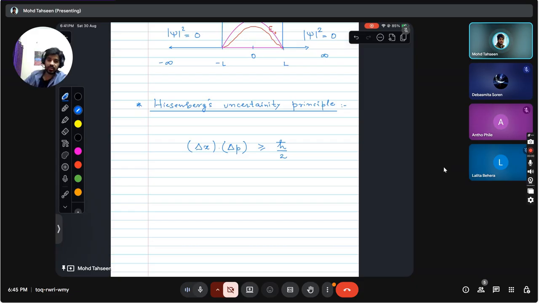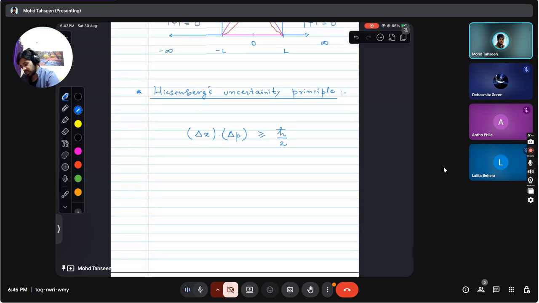So what do we mean when we say that we cannot calculate their position or momentum simultaneously? What do we mean by calculate? Do you understand my question? Yeah. See, when we say we can't calculate their position and momentum at the same time, does this calculation refer to some kind of measurement, some kind of experimental device that tries to locate their position and momentum? Sorry. So let me try to.